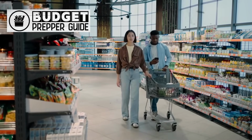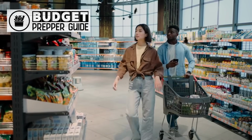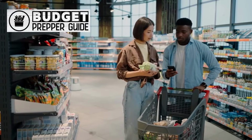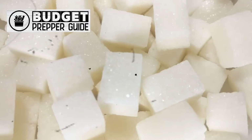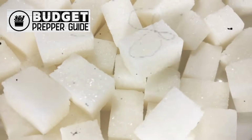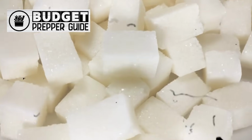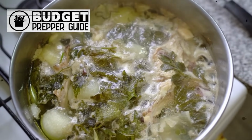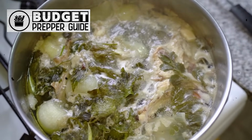Broth also has a long shelf life, often 12 to 24 months unopened, and comes in easy pour cartons or cans that don't require refrigeration until opened. Powdered bouillon cubes or concentrate are even more compact and long-lasting, making them ideal for tight storage spaces or emergency kits. And let's be honest, a warm cup of chicken broth can feel like a hug when everything else feels